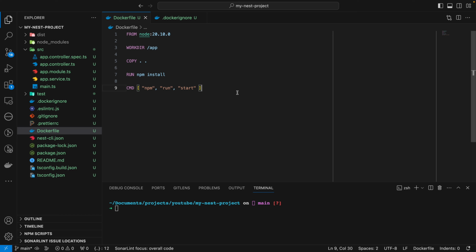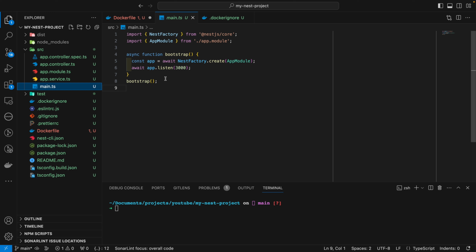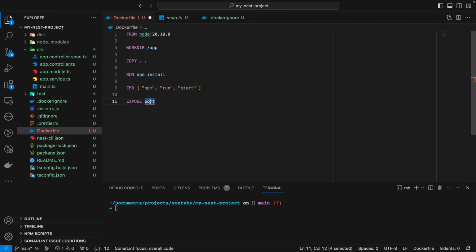So we are going to finish the Dockerfile now. We just need to write the EXPOSE command. It needs a port, so we can find it in the main file. The app listens on port 3000, so you can pass it here. And yeah, we are done, but remember that the EXPOSE command doesn't actually publish the port. It's just a way of documentation, okay?